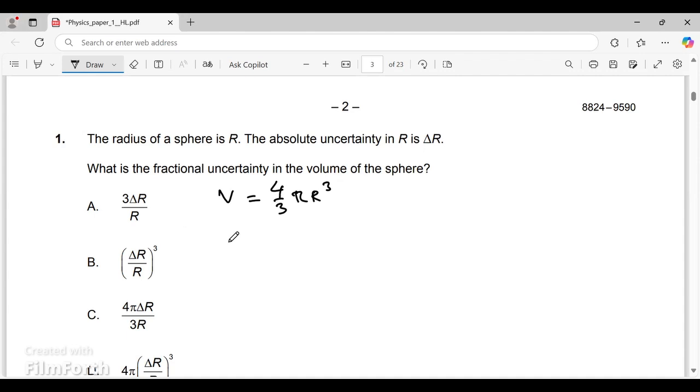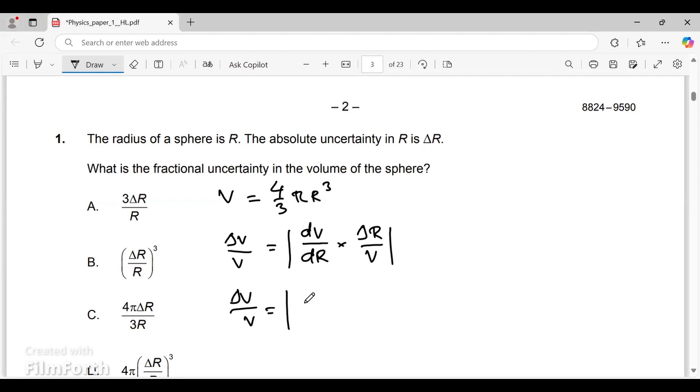We can find delta V over V through the modulus of dV/dr times delta r over V, like this. So delta V over V equals modulus dV/dr, the derivative of V, which is 4 pi r squared,